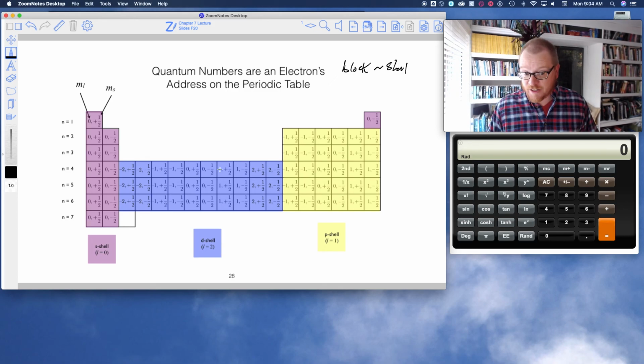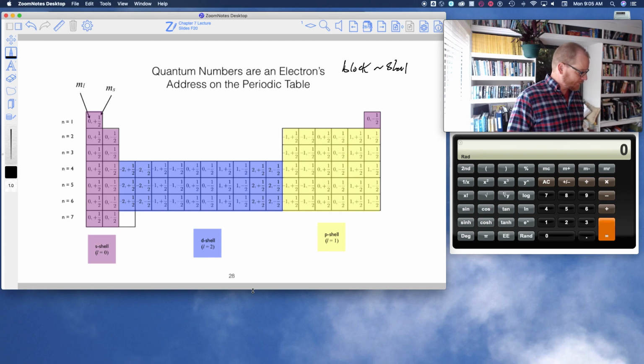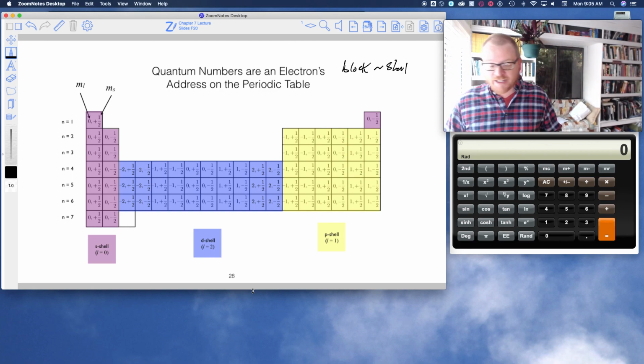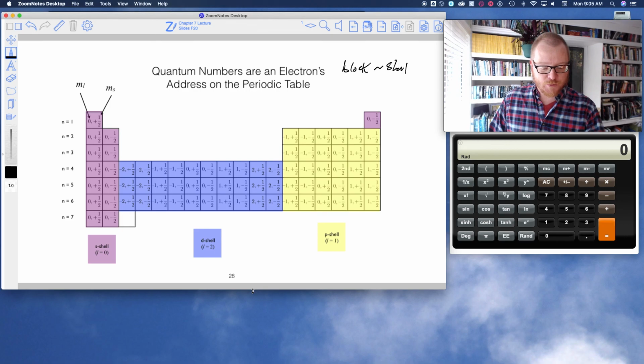So now D. This is the last one I'll go through. But you can see -2, -2, -1, -1, 0, 0, 1, 1, 2, 2. It all adds up to 10. And if I were to do this with the F block, that's where we would get the 14 spaces. Okay? So that's where I'm going to end it for this video. So that's basically describing